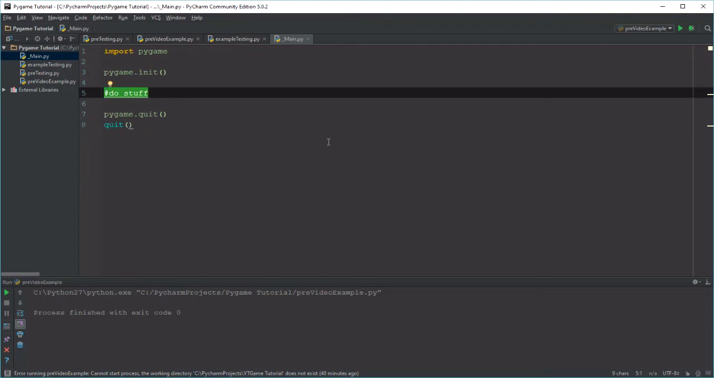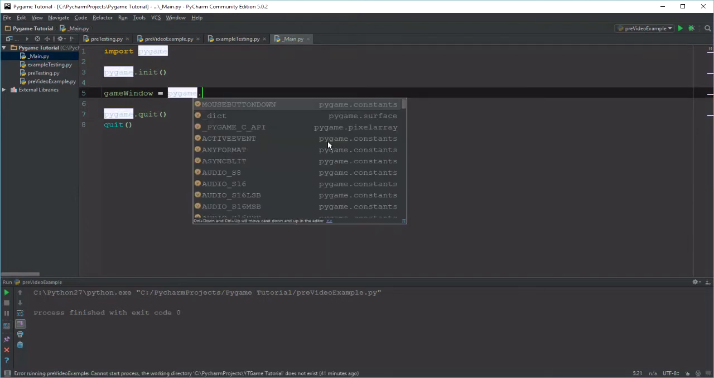So do stuff. What is the first thing we do? Well, we're quitting out of Pygame and we're quitting out of a window we don't currently have. So how about we make that? Now I'm going to call this game window. And I'm going to set this equal to, which means we're just creating a variable called game window, and we're going to set it equal to something. Well, what is it equal to? It's going to be equal to a